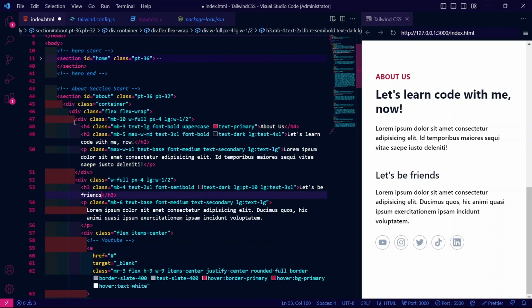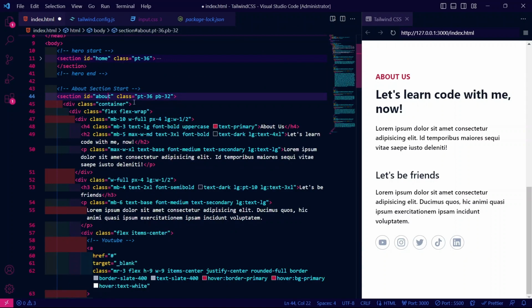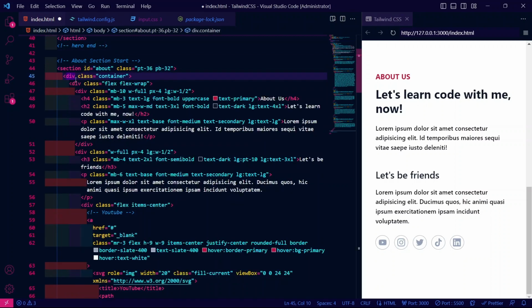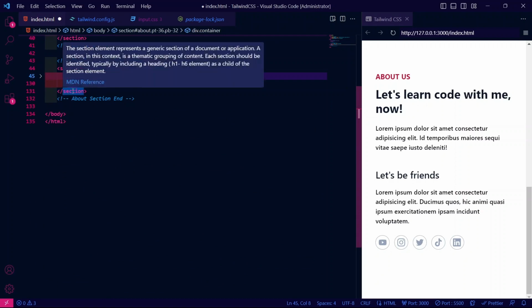So you're going to go to this section, you're going to make a new section with the ID about, and the class is going to have padding top 36 and padding bottom 32, and you're going to make div class with a container, and I'll show you this one. This is put in the last section, above the section